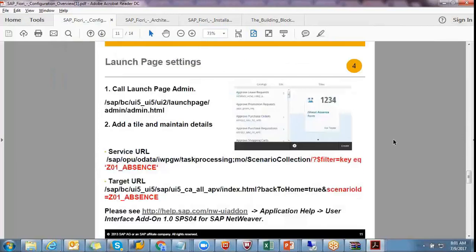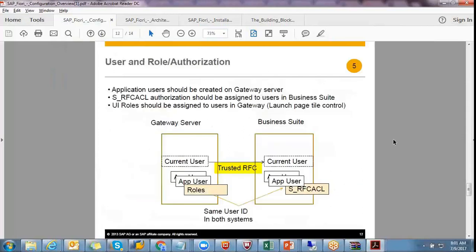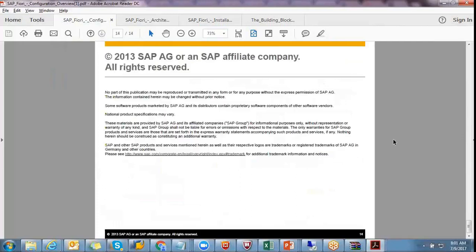Okay, so there is a concept called Fiori Launchpad. In Fiori Launchpad, we will maintain all the services. I'll show you how to create the Fiori Launchpad. So this is the architecture, configuration level.